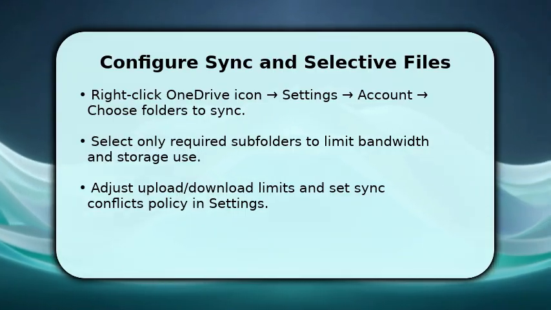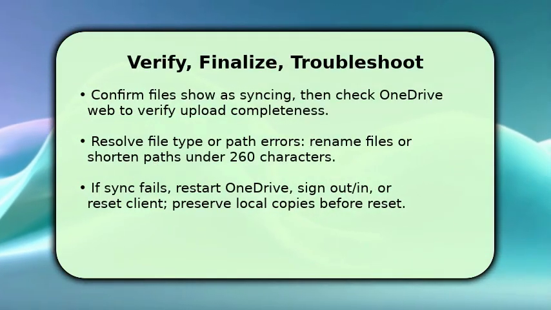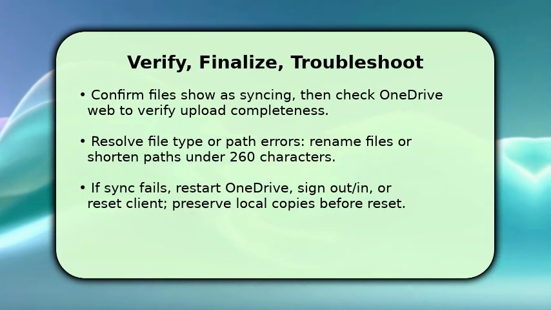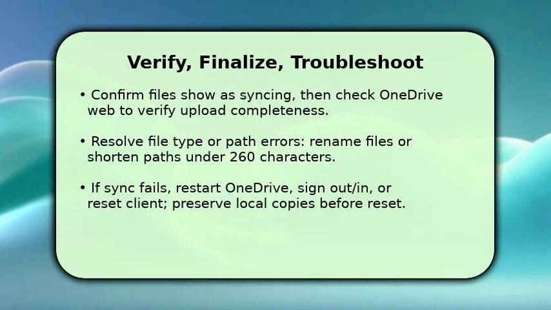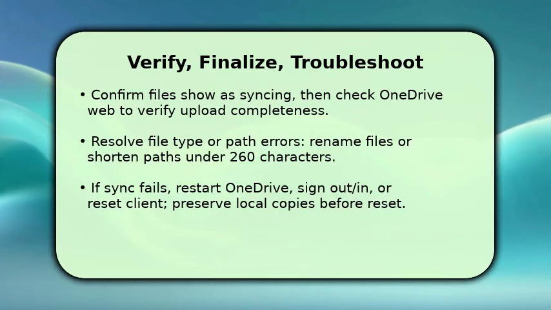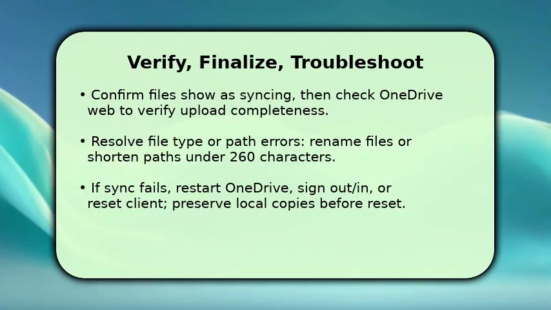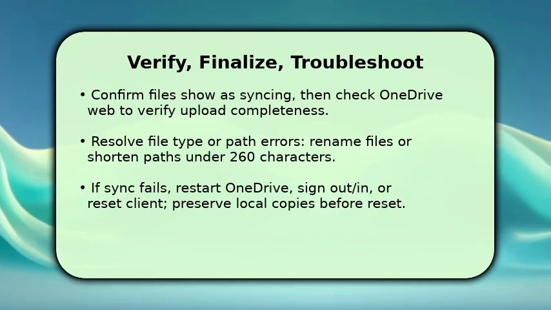To finish, watch the OneDrive icon until it reports sync complete, and then cross-check the OneDrive web interface to verify every expected file is present. This confirms end-to-end transfer. If you hit errors, check for invalid file names or overly long paths and rename or shorten them to fix failures. If problems persist, restart the client, sign out and back in, or reset OneDrive. But make sure you have local copies saved first so nothing